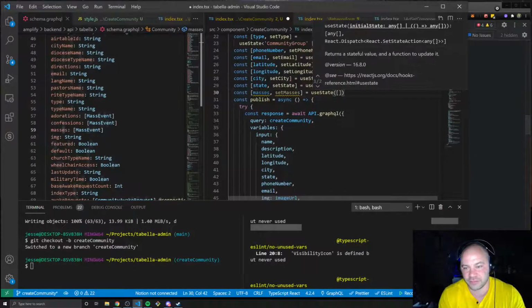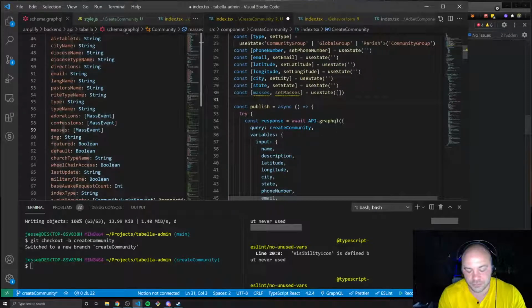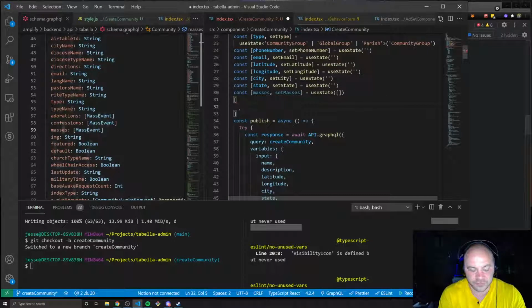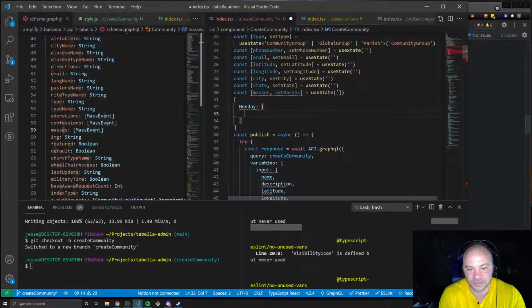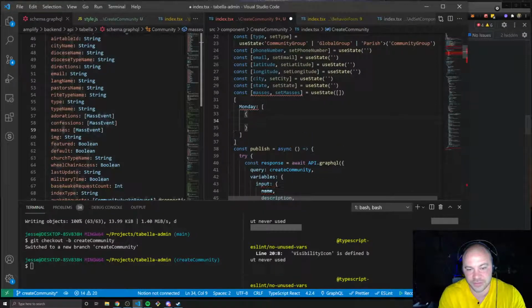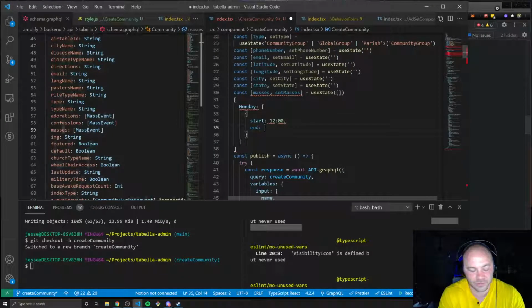So it'll probably look more like this. Monday's going to be an array of objects, and each object is going to have starts. It's going to be, I don't know, a date, and